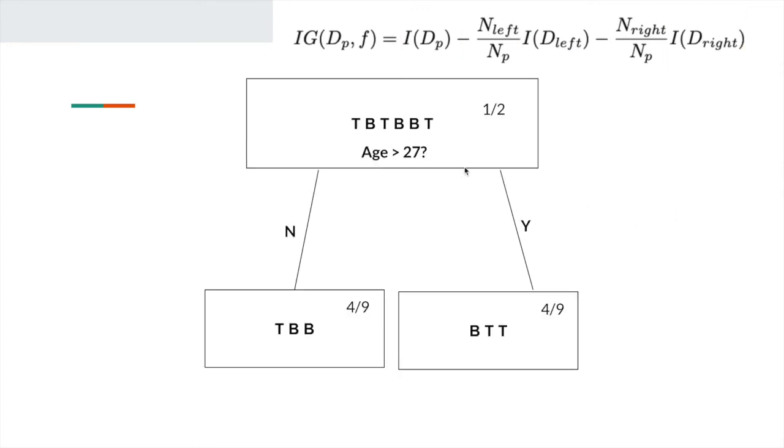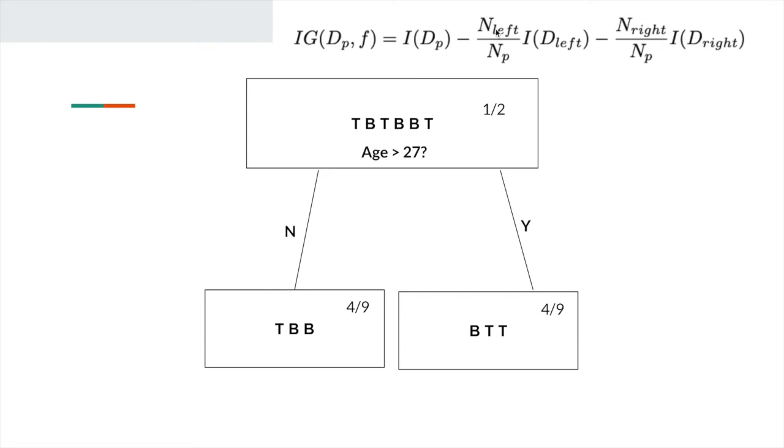So hopefully you got these values, right? These are both the same because there's one of one class and two of the other class. Here it's actually a 50-50 split, and we already did that previously, and that was 1/2. So we have all of these items now: IDP, ID left, and ID right, where IDP is 1/2, ID left is 4/9, and ID right is 4/9 as well. And so now the only thing we have left to do is actually plug in the n